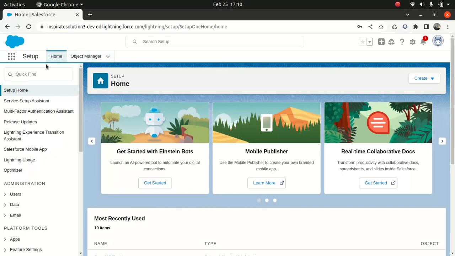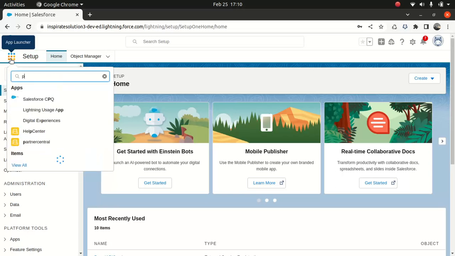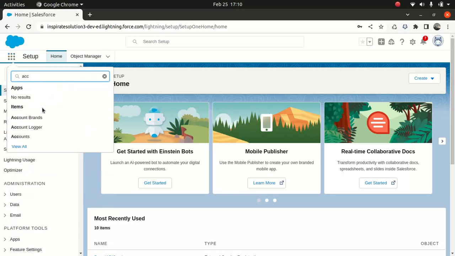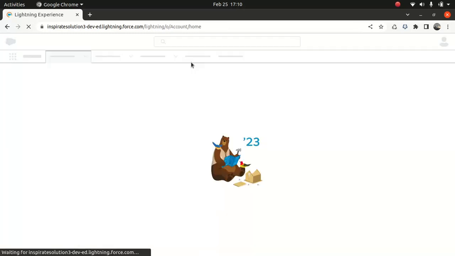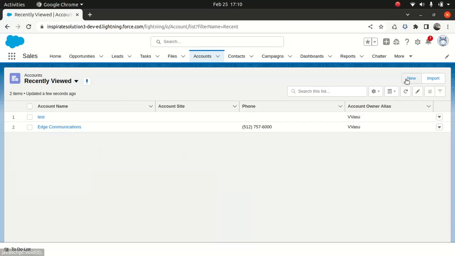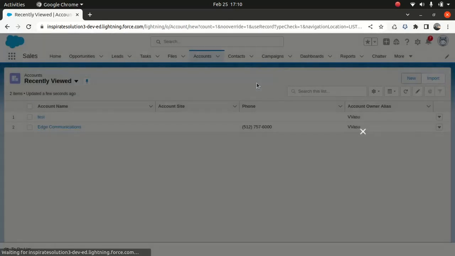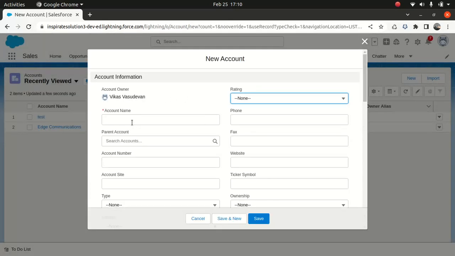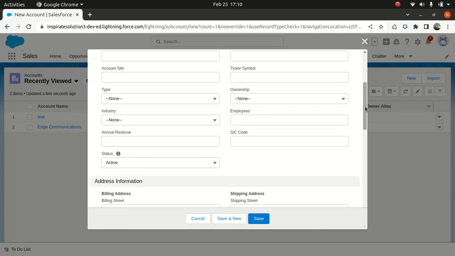Okay, so the first thing first, I will go to my profile, account. Sometimes people name it as a profile account, depending upon the industry you're working in. So I will create a new account, and I will name it, say, on hold account, right? And remember the first thing I said when I started the series: anything to do with on hold should go and create a new record in a new table, right? Account logger. So when I do save,